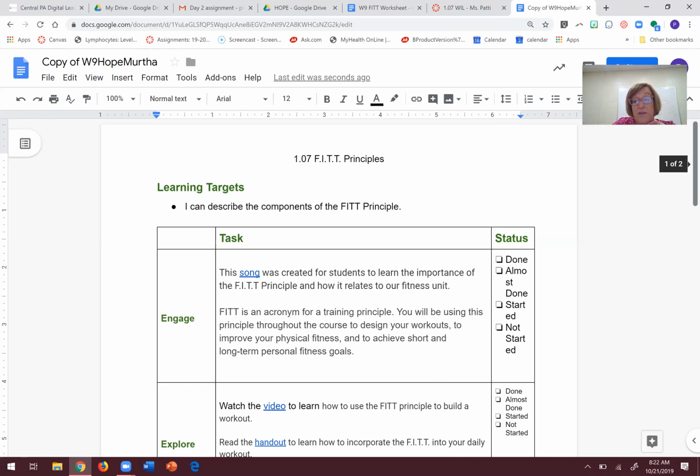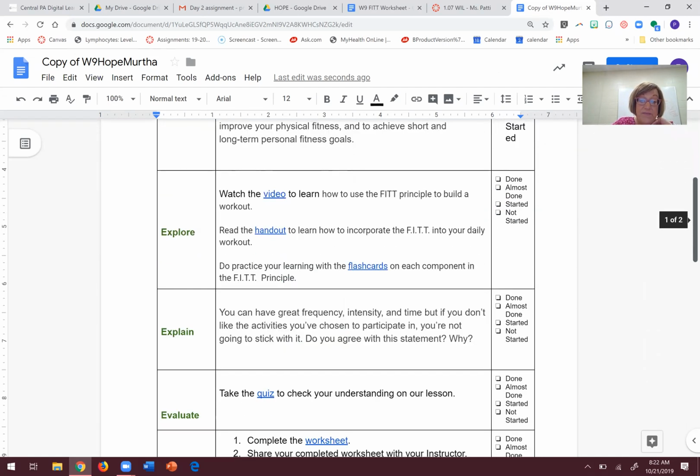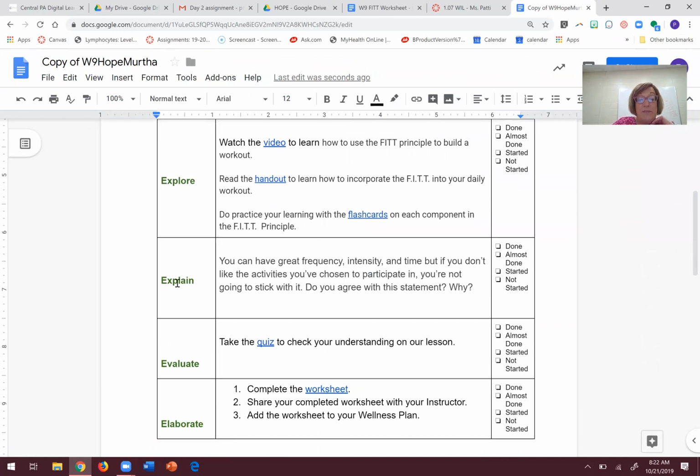So you'll be working through the FIT principle on this lesson, and I want to make sure that you know in the explain, the elaborate, and the express, you actually will be providing some type of feedback or some type of an assignment. As long as you made your copy of the 6E format, you may type your answer directly into the 6E format lesson. All right, so you can do that for the explain,